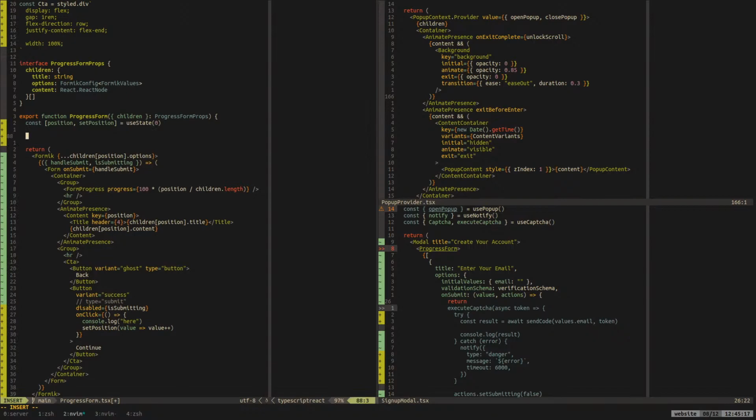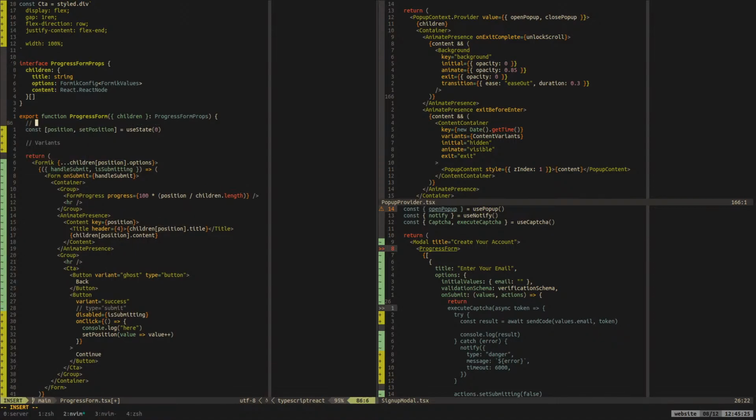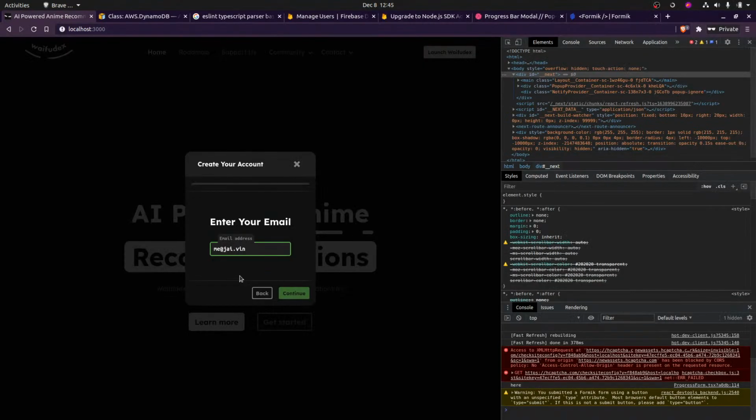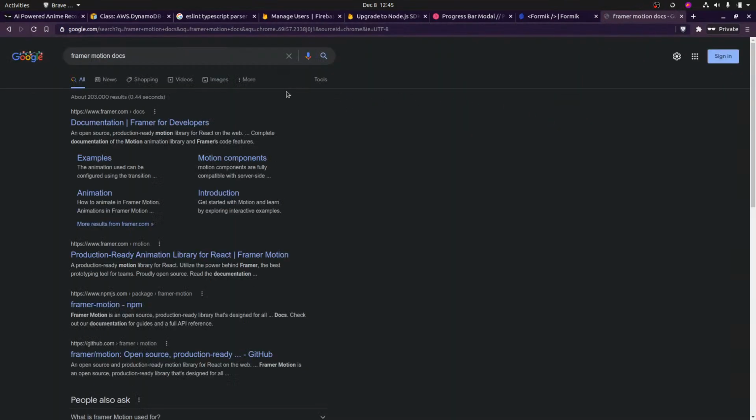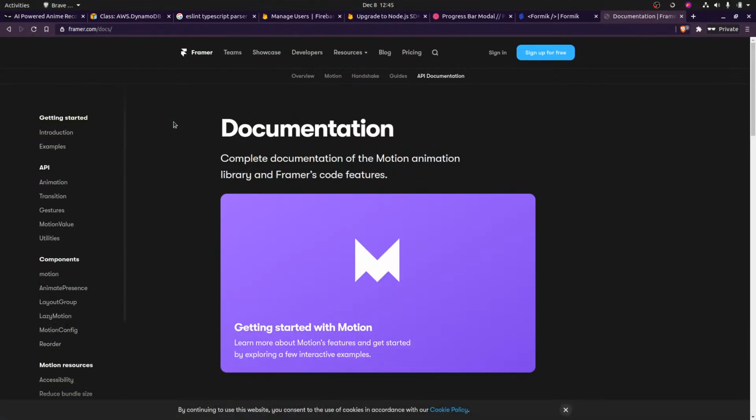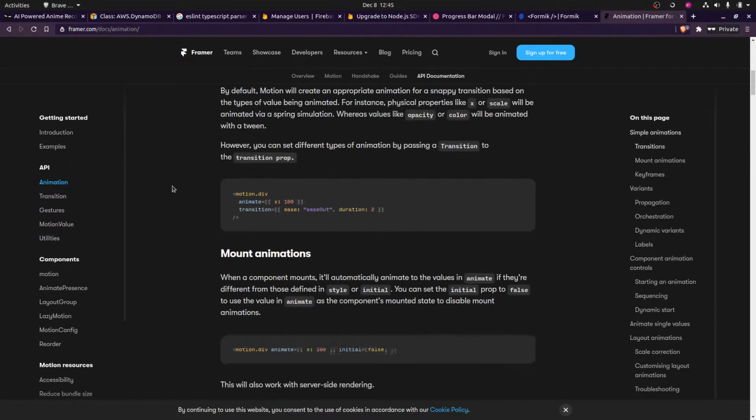I'm just assuming it's going to go to the left, but that doesn't make any sense. Oh, we should also do a thing here for hooks. And I want to look at the Framer Motion docs because they had a good example of exactly what I want. They had a card swipe type of thing, and I kind of want to get a card swipe.